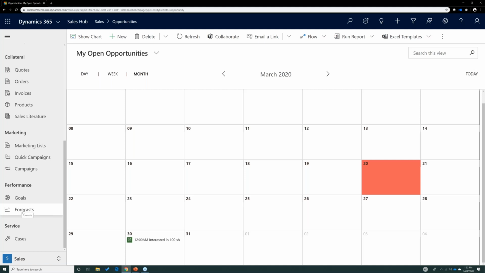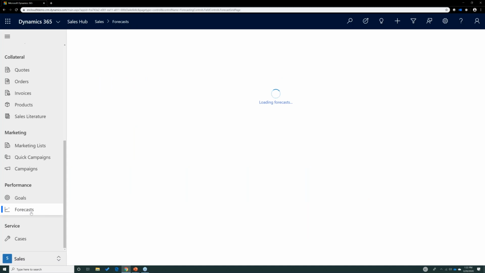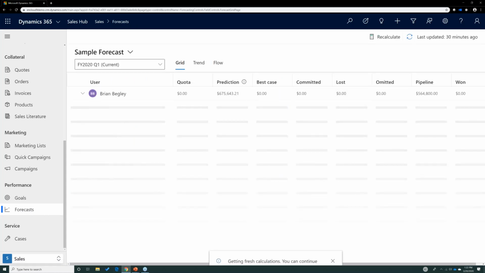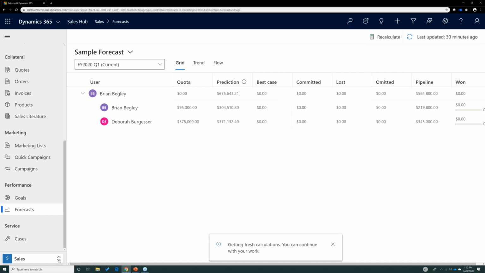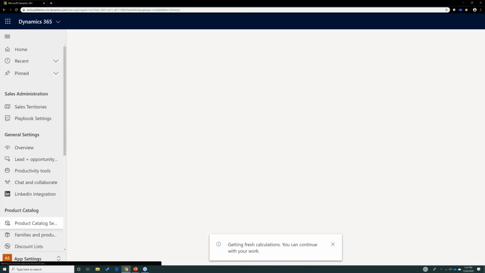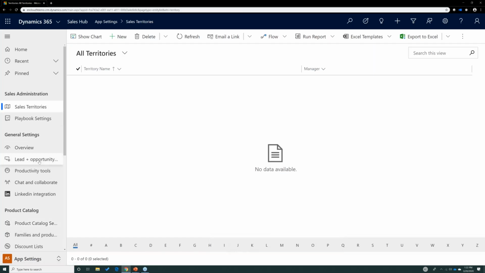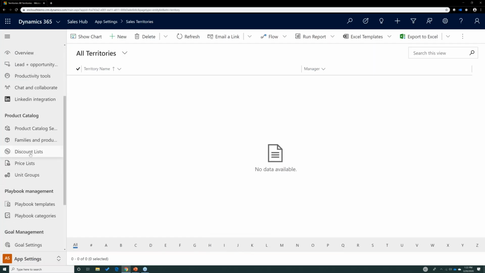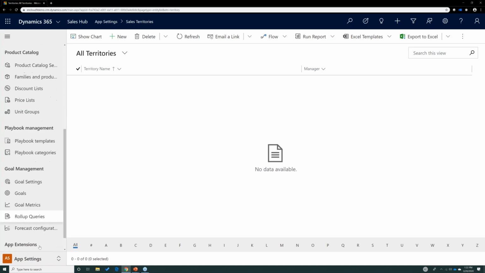Next thing I want to show you is forecasts. So forecasts, they require a little bit of setup. And I'm going to show you where that happens right now. If you go under your Sales Hub app settings, you will see there's a section under the setup. Now, a lot of the setup that used to be in the old Dynamics Classic interface has been moved into Dynamics 365 Unified Hub. So under goal management, underneath our section where we'd be able to set up goals and goal metrics,